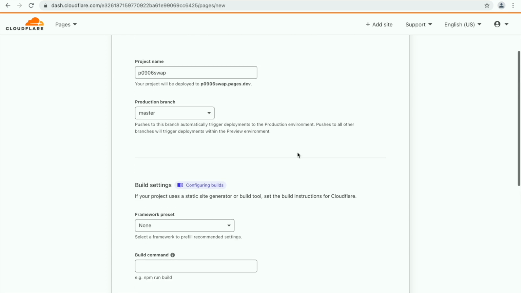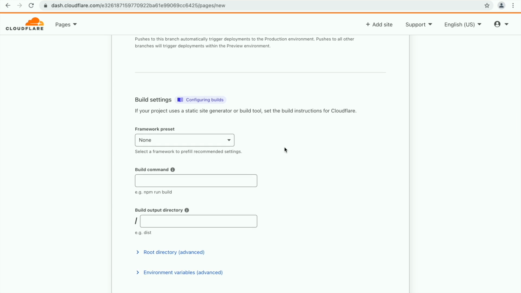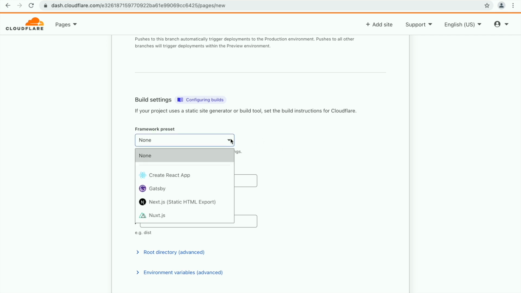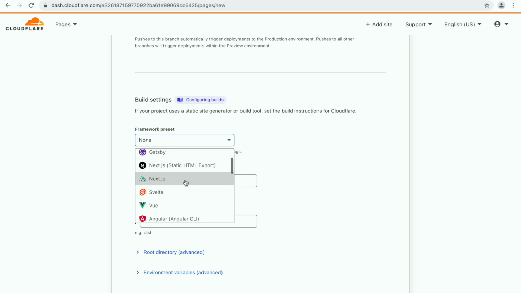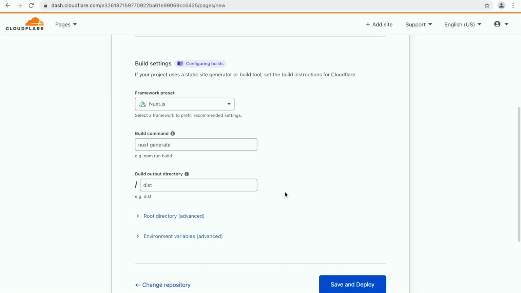So now this is where the actual stuff happens. This is where Cloudflare builds or creates a complete build environment, where it builds it, deploys it, and takes it to the next level. As my project is in Vue, I'm just going to check Next.js. It is going to run next generate, build it, and output to the